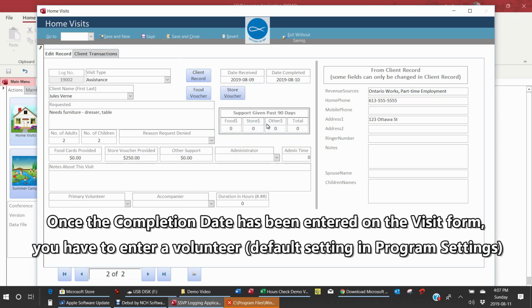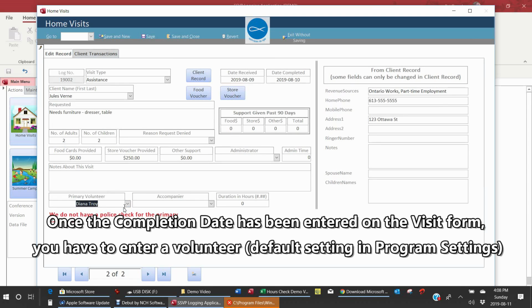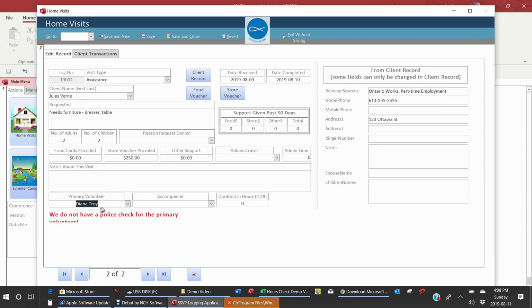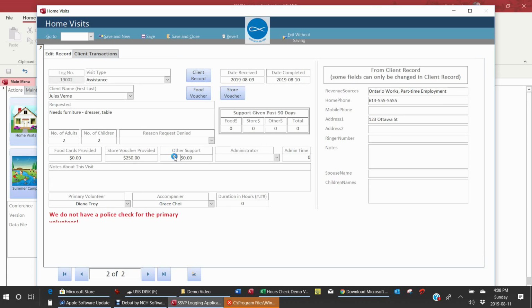Oh, sorry. It's set that we need a volunteer name. Now in this case, I picked up a volunteer who doesn't have a police check, and so you get this warning sign here that there is no police check. Just another one of the features, since anybody making visits should have a police check normally. So let me save that,